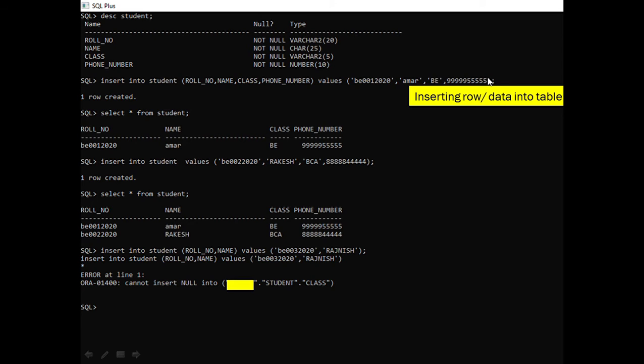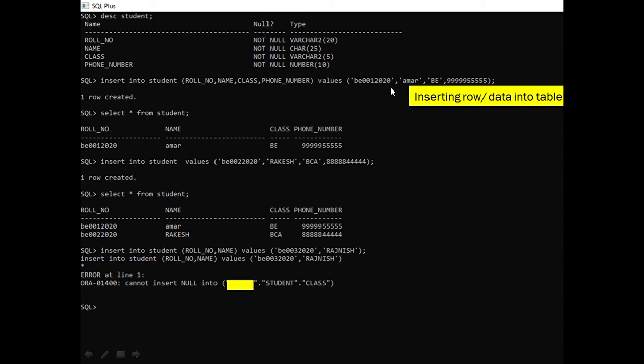After the semicolon we execute our command, and it will give you the message: one row created. Here you can see the roll number, name and class are between two single inverted commas, and the phone number is not in any quotes.